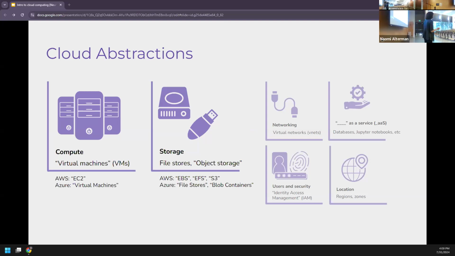If you think about the cloud resources on this slide as like physical objects, IAM is really concerned with who has the physical keys to the server room. And this doesn't necessarily involve,